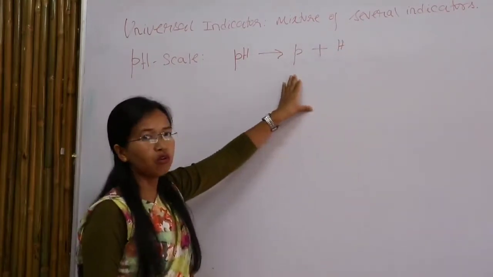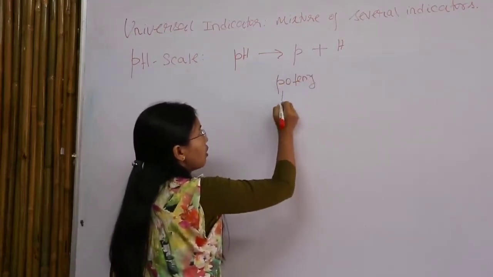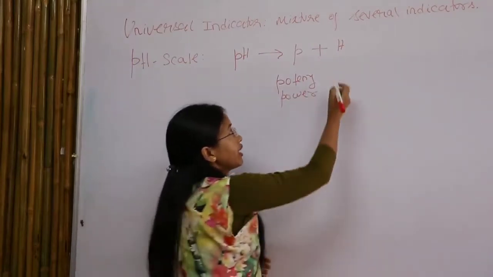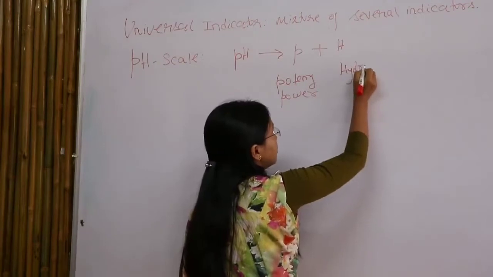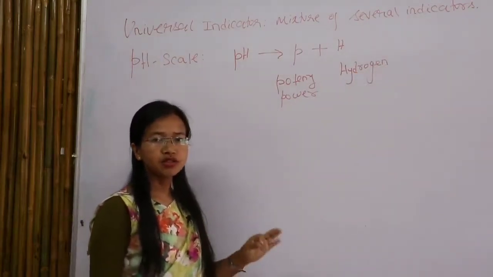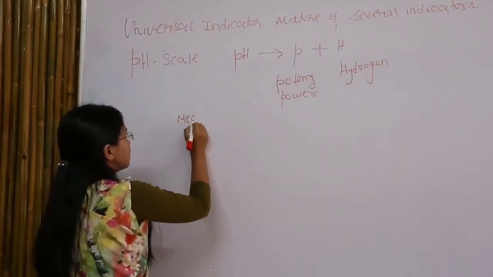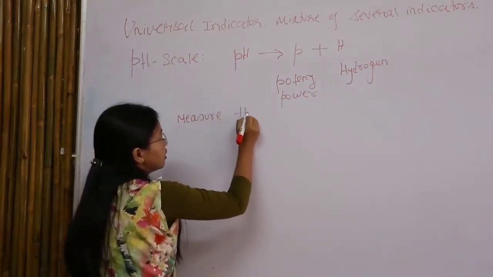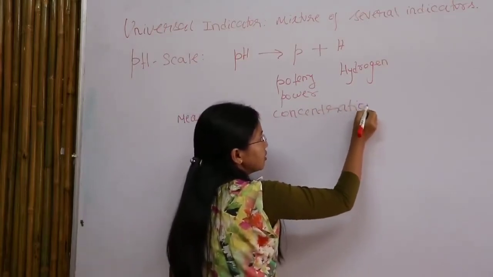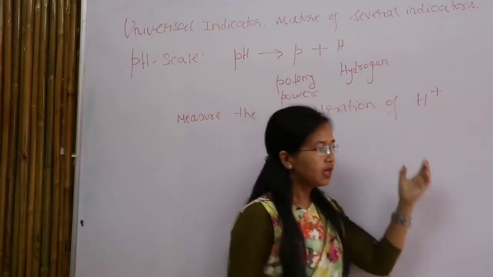P means potence or power, which is taken from the German language, and H is the hydrogen. This pH scale measures the concentration of hydrogen ion. Alright, so